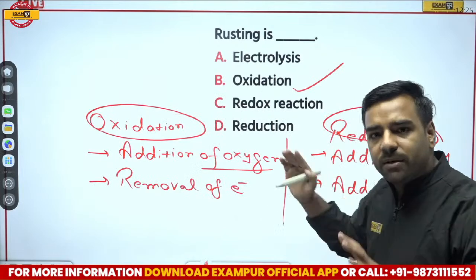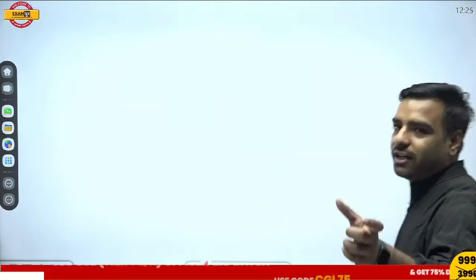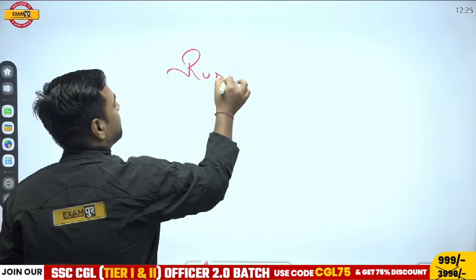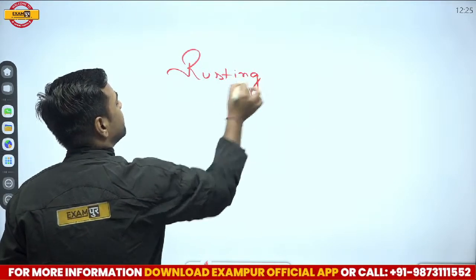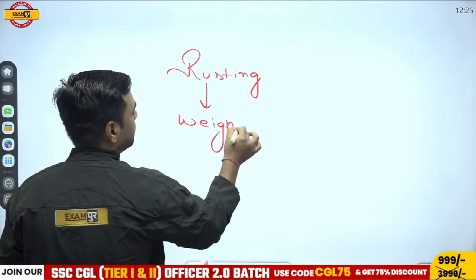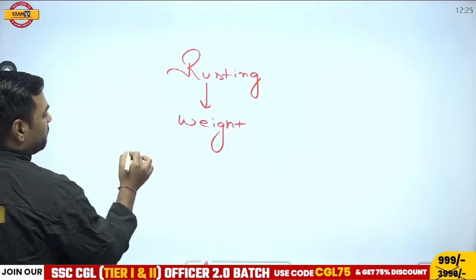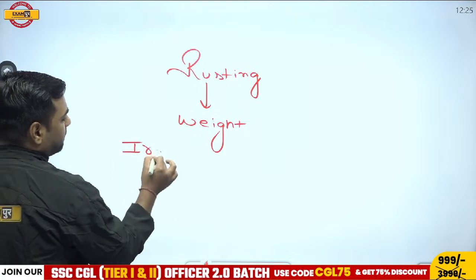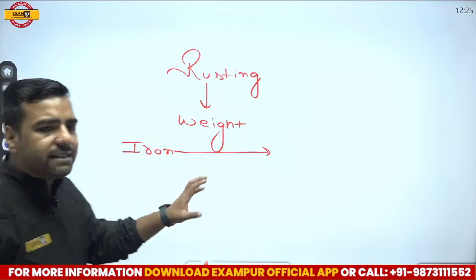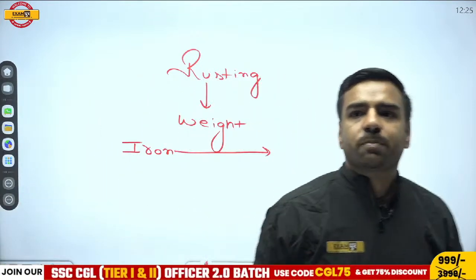Okay. Now, from here only, there's one more question. As already told you, we are going with 360-degree analysis. So if I talk about this rusting, when this rusting process is going on, there is change in weight. So my question would be, if I talk about this iron, what will be the change in weight? Will it increase? Will it decrease? Will it remain same? So please remember,